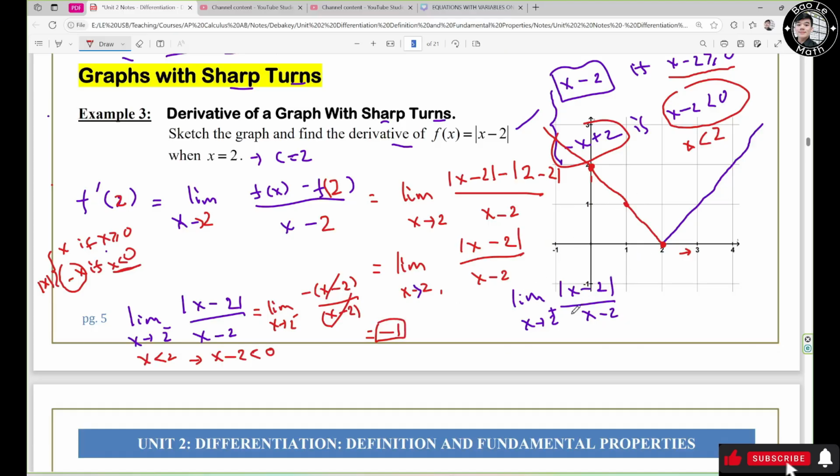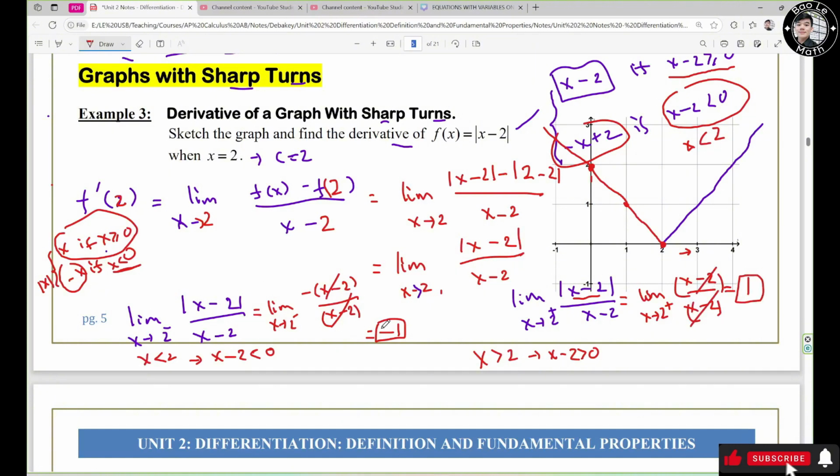Now the second case, s approaches 2 plus, which means s greater than 2, right? Now subtract 2 both sides, so it could be s minus 2 greater than 0, right? So this guy greater than 0, when you remove absolute value sign, you don't need to change anything, right? It's gonna be right here. So it's gonna be limit of s minus 2 over s minus 2 when s approaches 2 plus, right? So this guy and this guy cancel out, right? So the answer is 1, right?